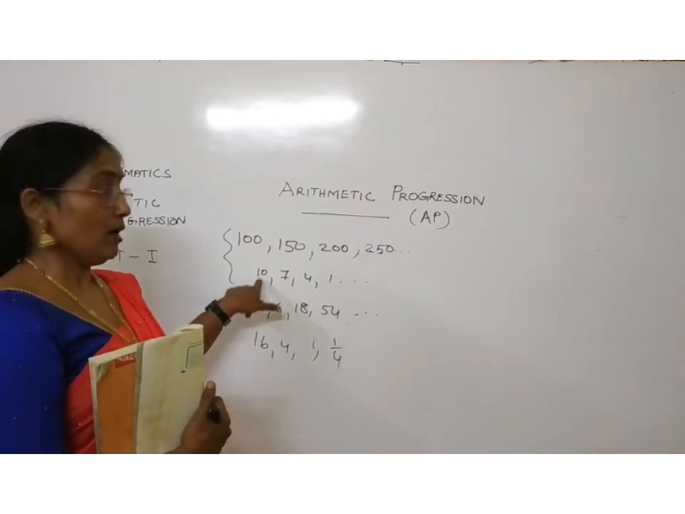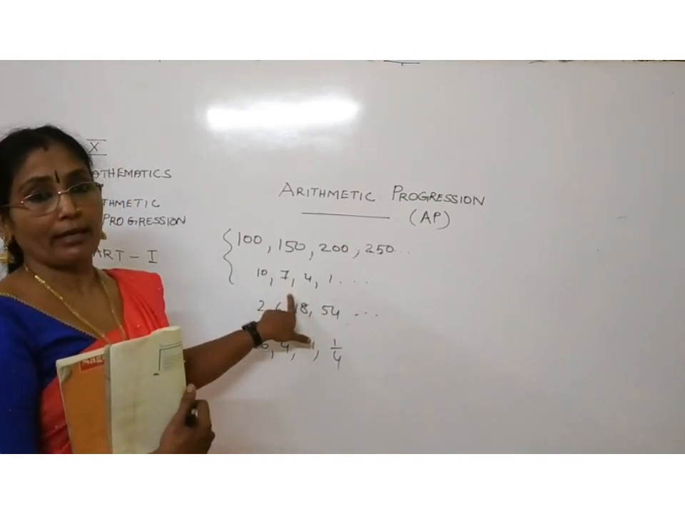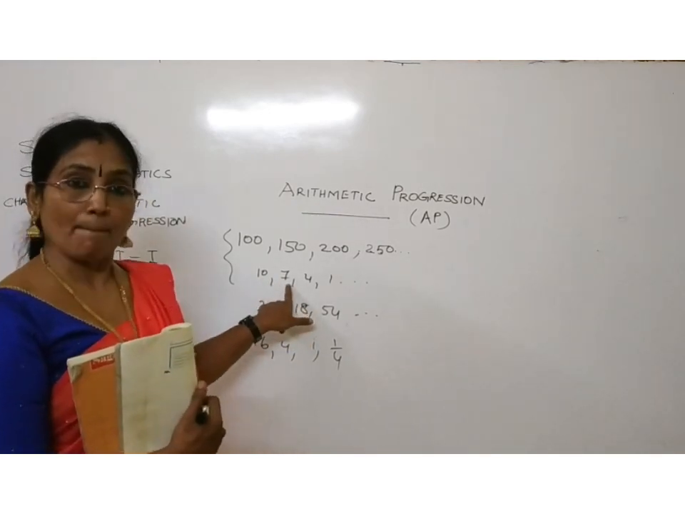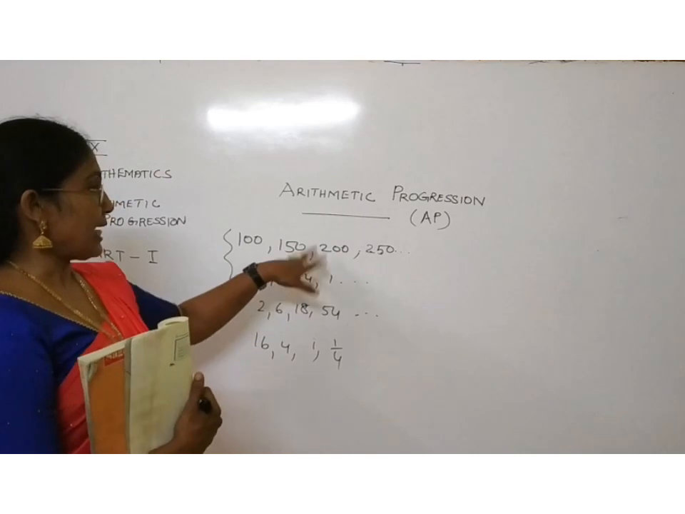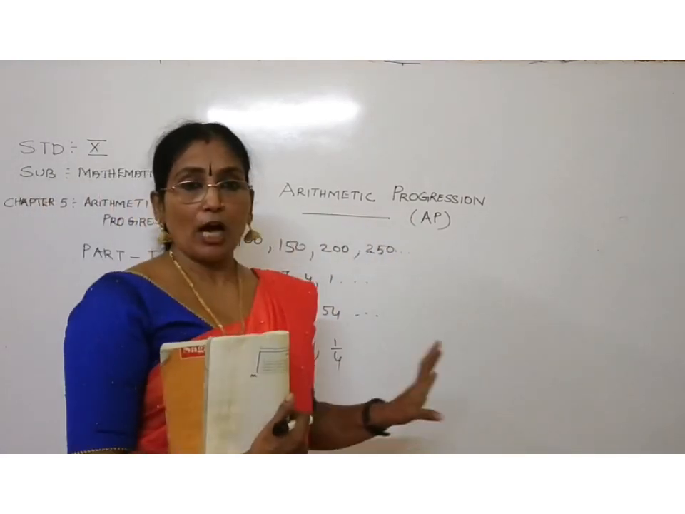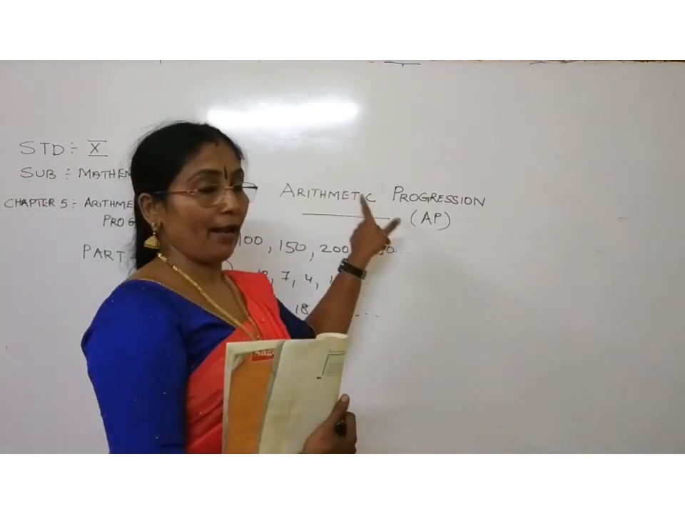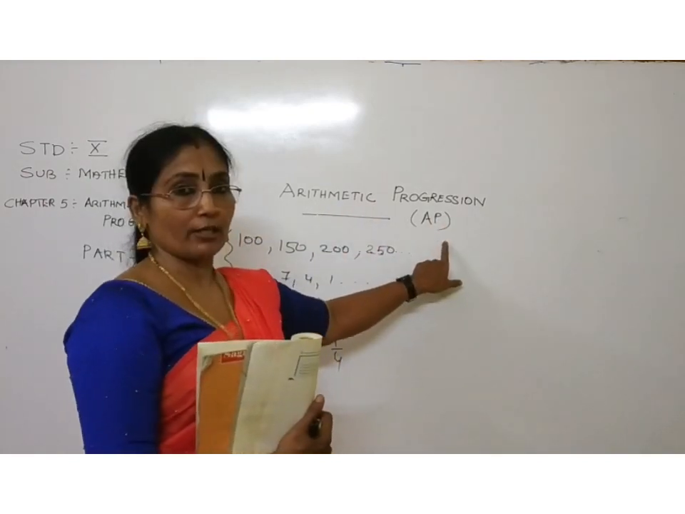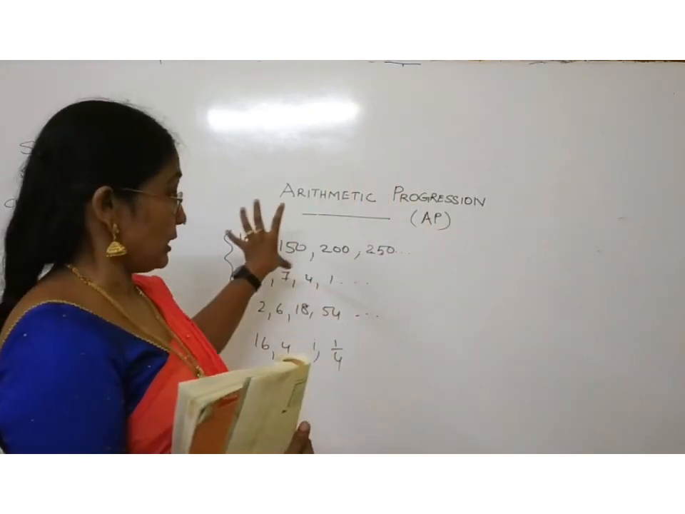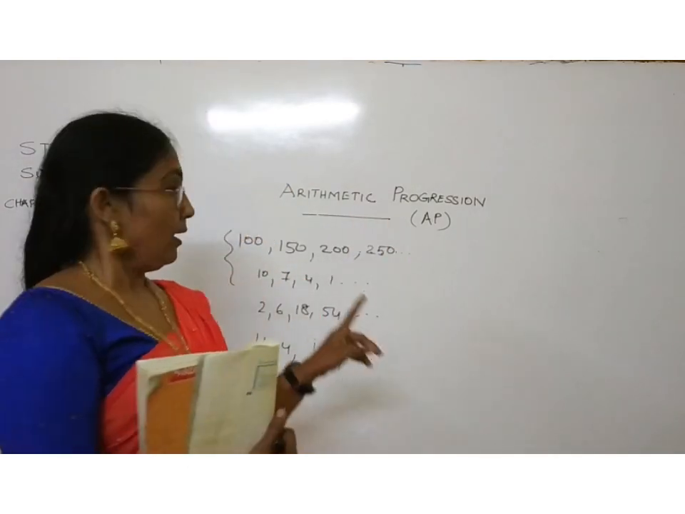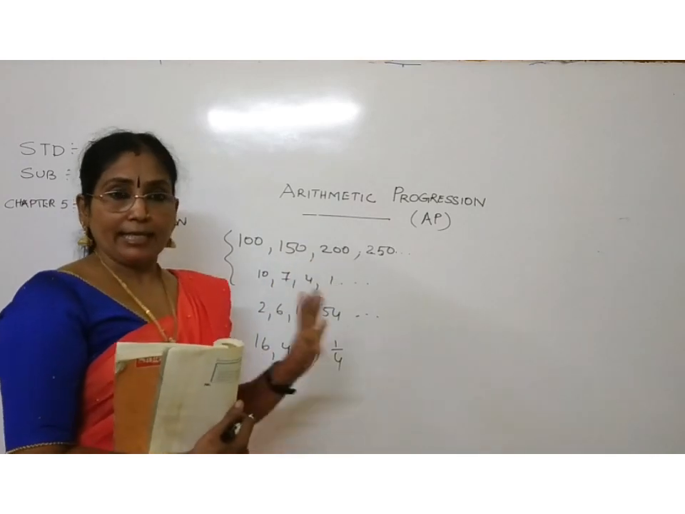By adding minus 3 only we are going to get 7. That means here the constant number is minus 3. So this type of series we are going to see in this chapter, that is known by the name arithmetic progression. That means that type of series, that type of sequence, where the succeeding number is